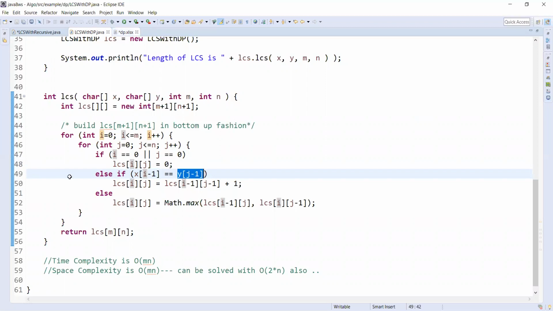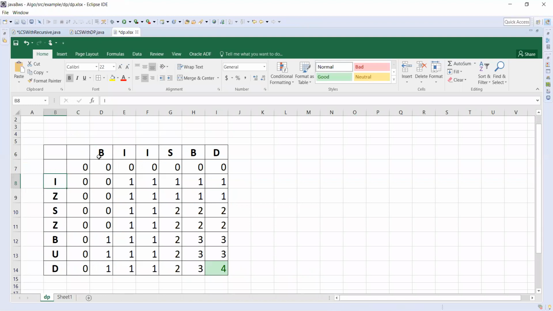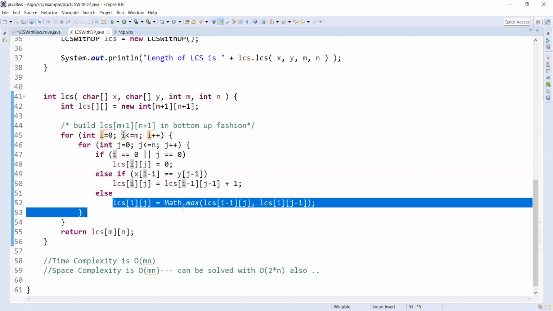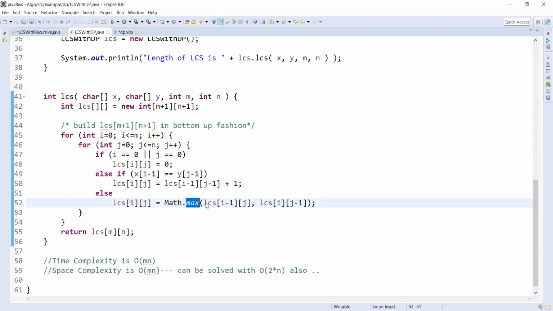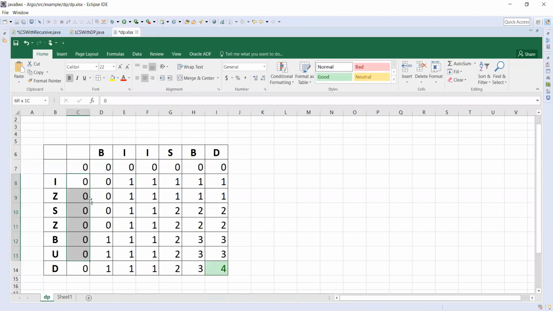In our case, I and B are not the same, so we fill with the maximum of the already calculated values, I minus 1 comma j and I comma j minus 1. The values will be taken from here or this.